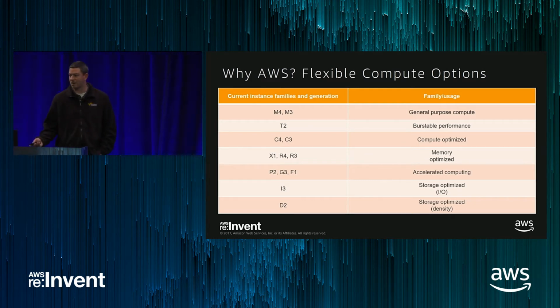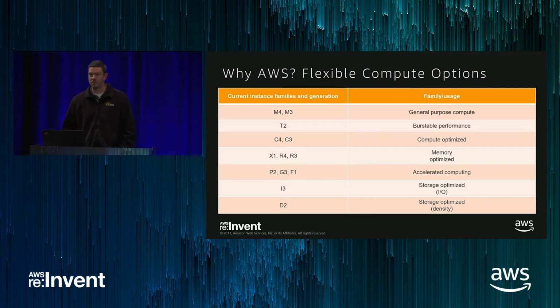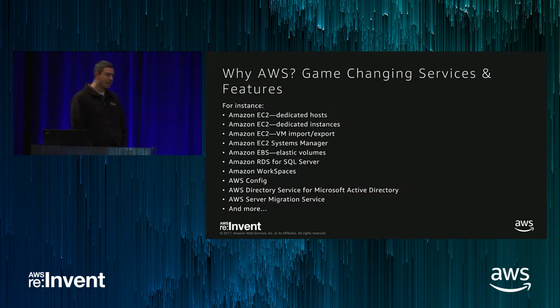I3s, so those are instance types that we have that come with a lot of ephemeral disk, high number of IOPS associated with it. And then we also have D2s, and D2s are for dense storage. If you're doing stuff that moves a lot of terabytes or gigabytes of data around, D2s are a good option for you. So when we get right down to the game-changing features, what I call game-changing features in AWS,